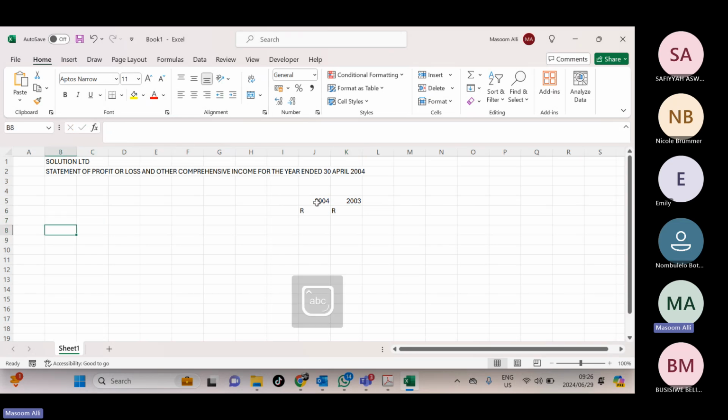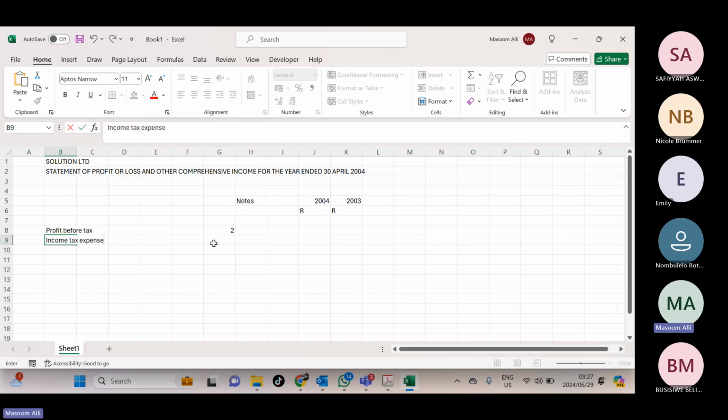And then what did they start us off with? Our profit before tax. But we don't need to put that in over here, right? Because remember, there will still be adjustments and those kinds of things. So we don't start off with all of that. And remember, profit before tax is a note in itself to the financial statements. So we can just say this is note 2, right? So profit before tax, income tax expense, and then profit for the year,